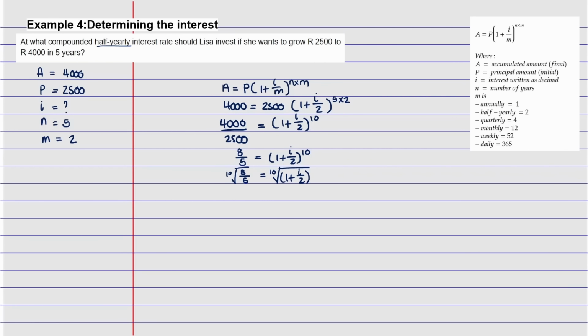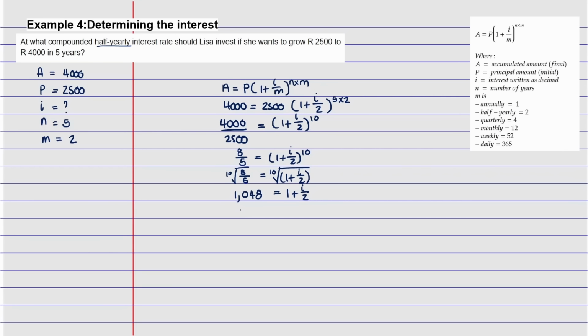So when you say 8 divided by 5, right? You're going to get the following. You're going to get 1 comma what? 1,048, right? And the other side is going to be 1 plus i divided by 2, right? So now what you're going to do is take the 1 to the other side. So you're going to say this whole thing minus 1,